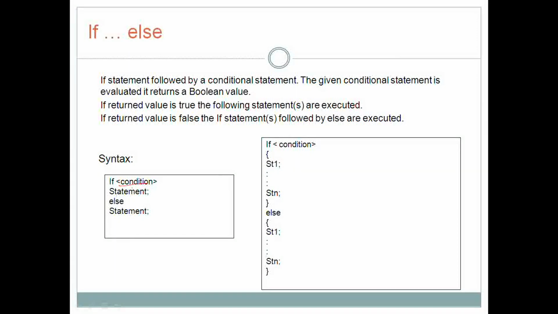So if this condition is true, it executes this statement, which is called a true statement. If this condition is false, the control switches to else and executes this statement. Now this is a false statement. Here there is no block, but a block indicates more than one statement. If the condition is true, it executes this block of statements, called the true block. And if this condition returns false, the control is moved to the else block and executes all these statements, which is called the false block.